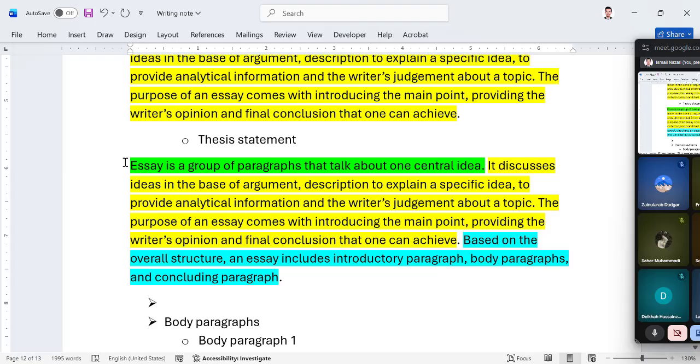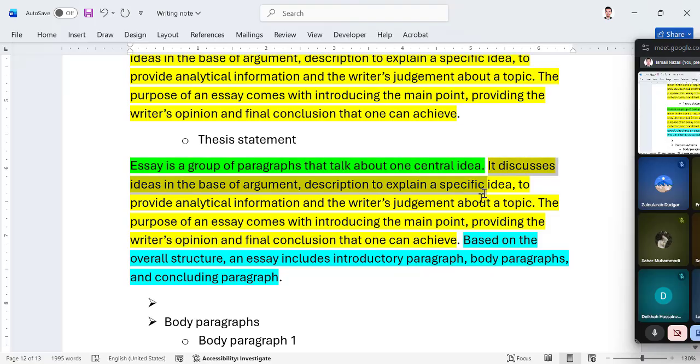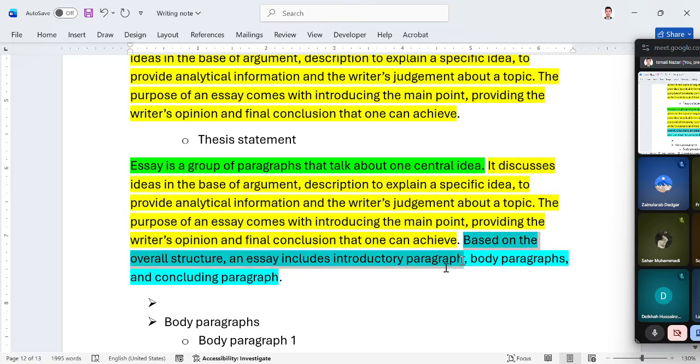So this can be overall an introductory paragraph. We have got the hook, the first sentence. Then we have connecting information. They provide background idea. And lastly, we have the thesis statement. The thesis statement introduces the main topic of every introductory paragraph and overall the main idea of every essay.